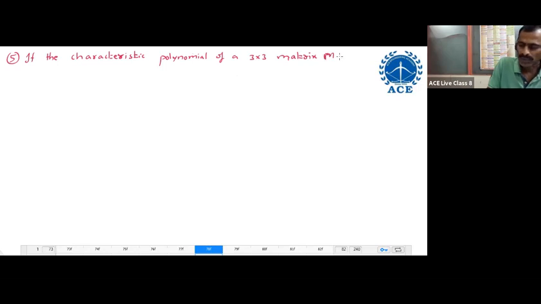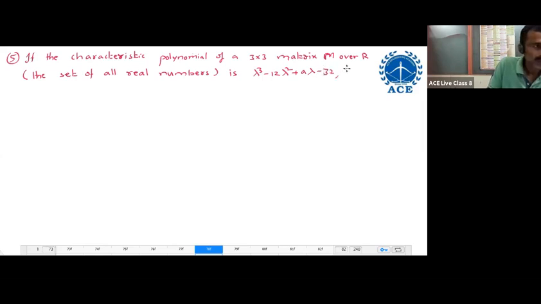capital M over R. After this, within the brackets, the set of all real numbers is lambda cube minus 12 lambda square plus A into lambda minus 32, comma A belongs to R, and one of the eigenvalues of M is 2, then